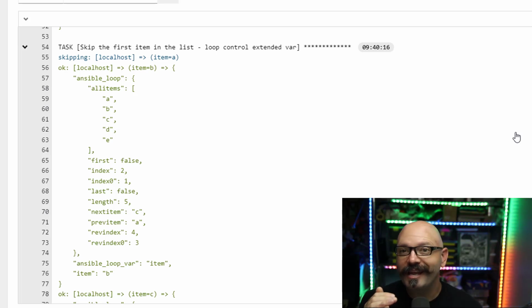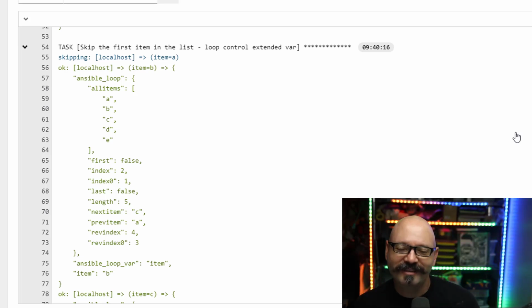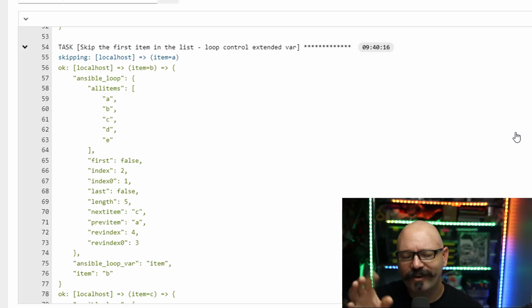Now, if you wanted the index to be the very first iteration is number 1, the very second iteration is number 2, then that's just standard index. I know that's a little counterintuitive. Since the default is index 0, you would think that index would be the default, but they've kind of mixed